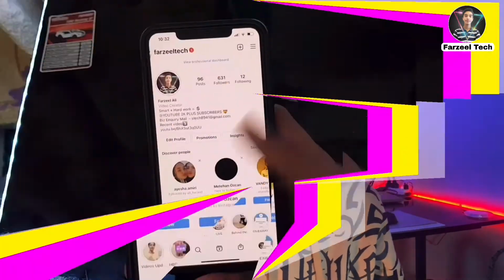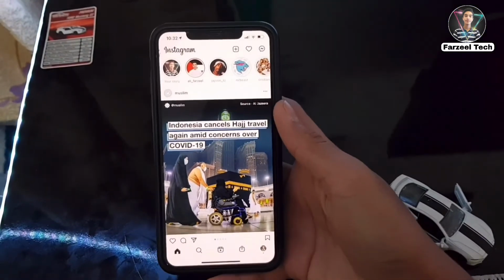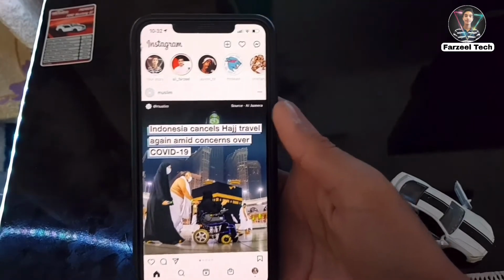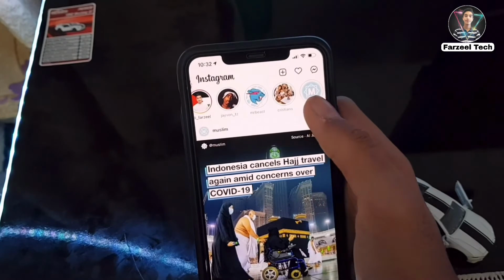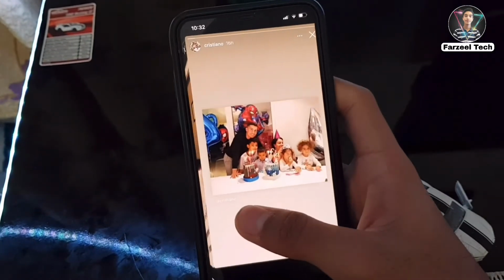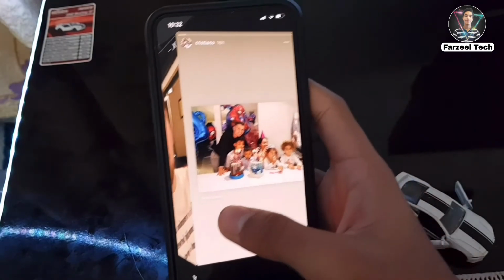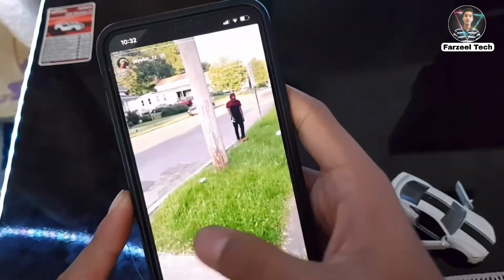So let's go. So to view someone's story without letting them know, open the story section. As you can see there, it is the story section. So now what you have to do is just go back a few stories, and let's say I will go back like 2 stories behind, and let's say I tap on the story, I click the story. Now I can go 1, 2, and now there it is, the story.